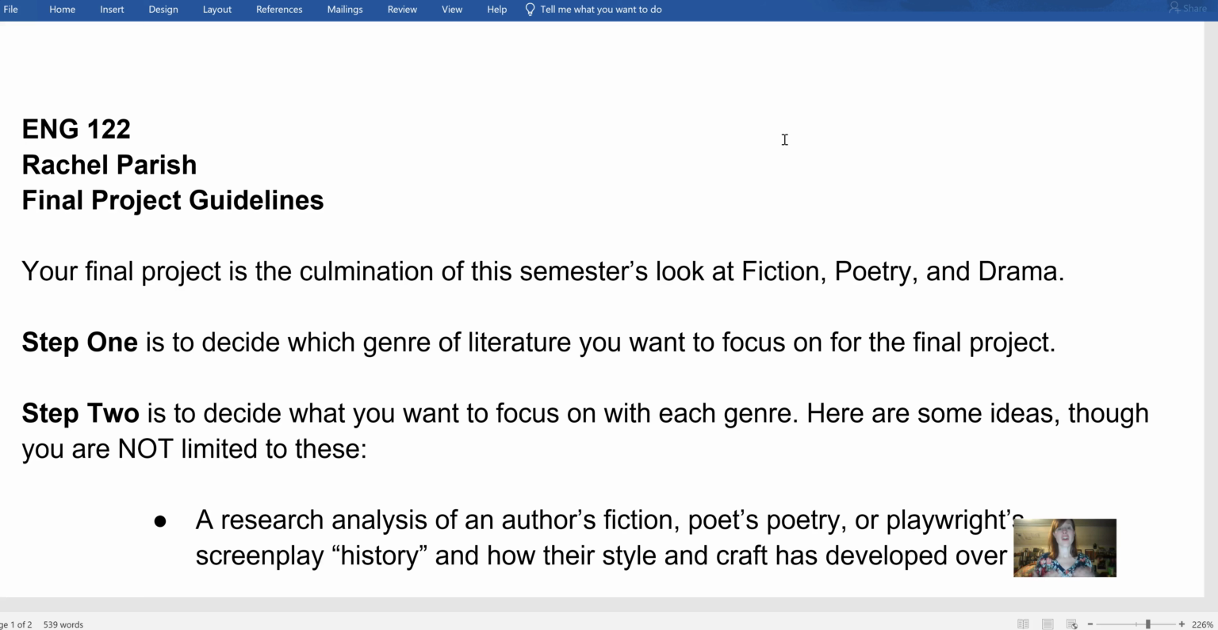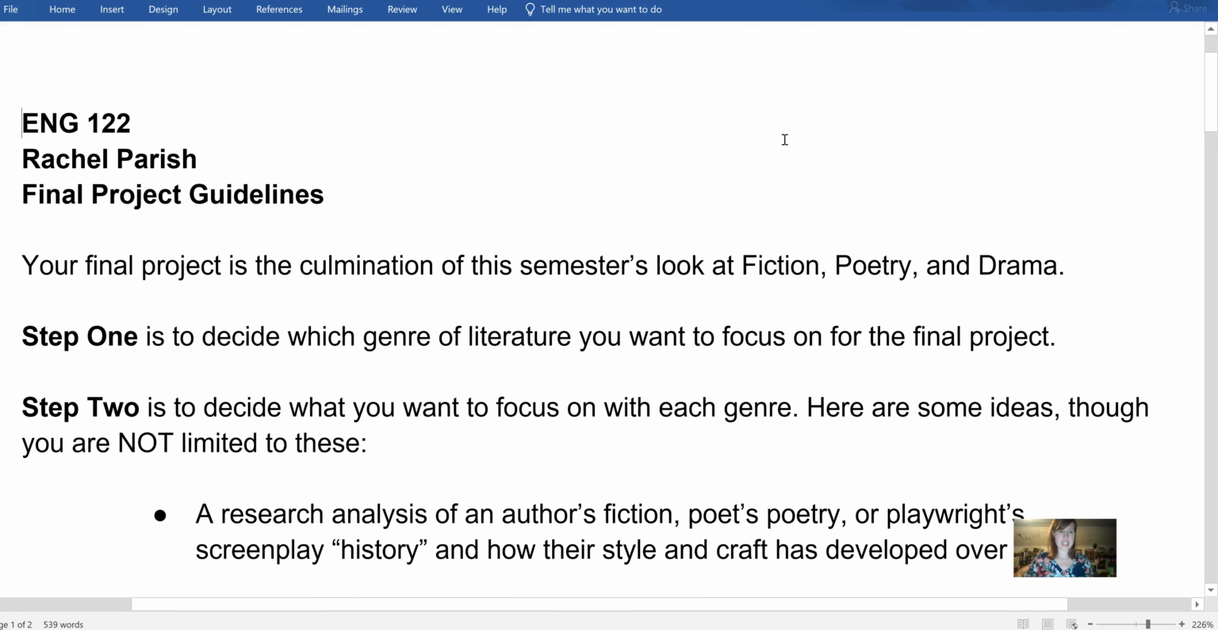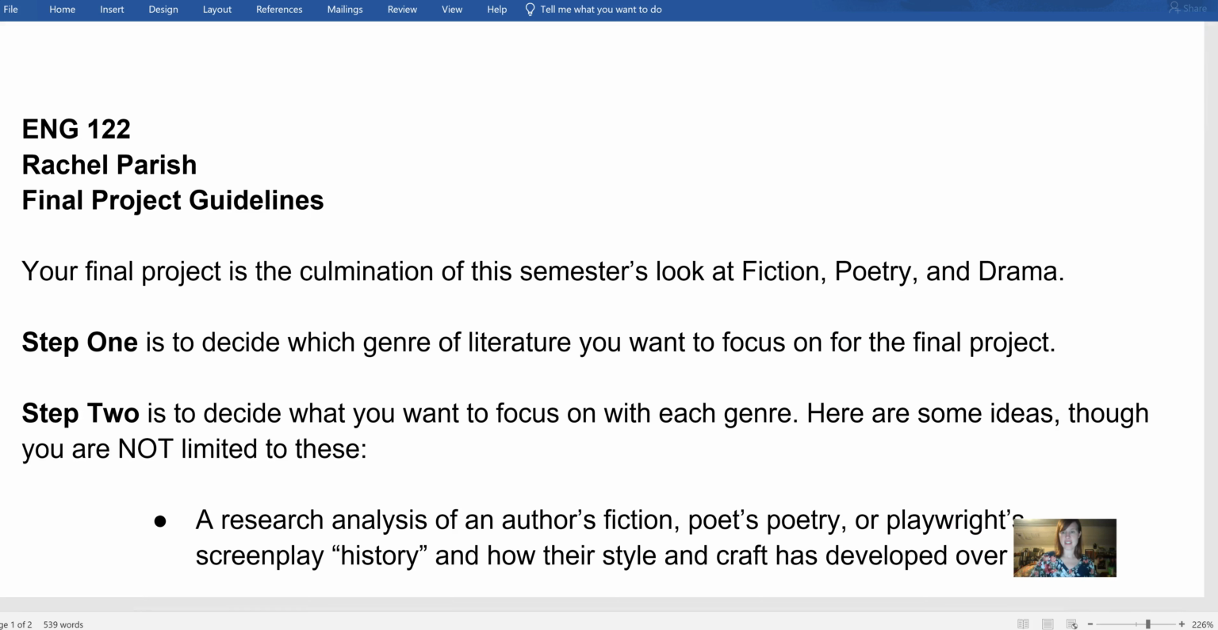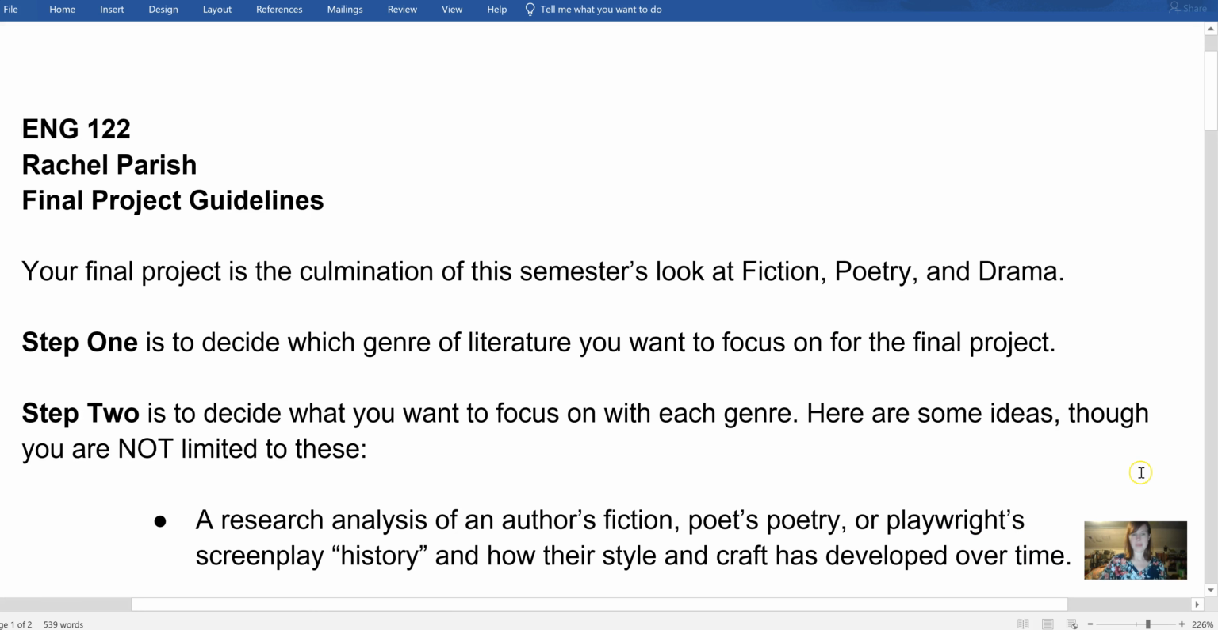Step 2 is to decide what you want to do with that genre. There are a lot of options for this paper. You have a ton of different options. These are just some that I've had students do in the past that were successful. Option 1 is a research analysis of